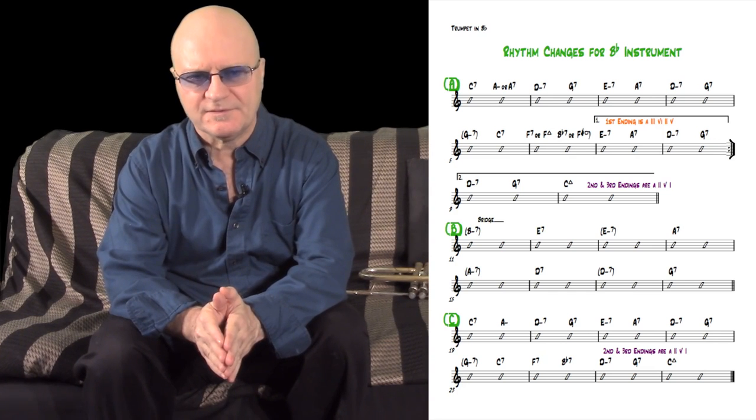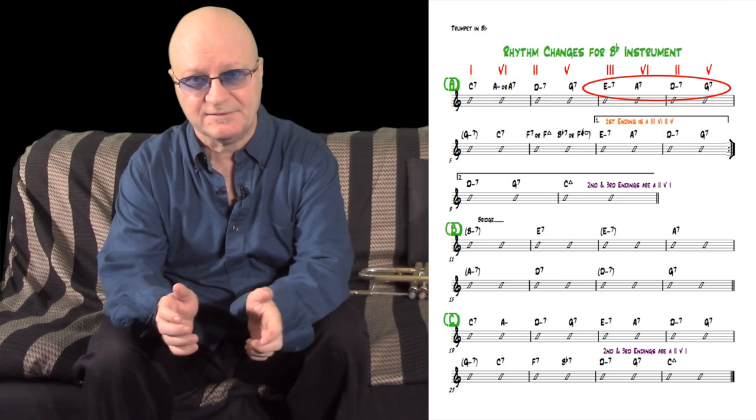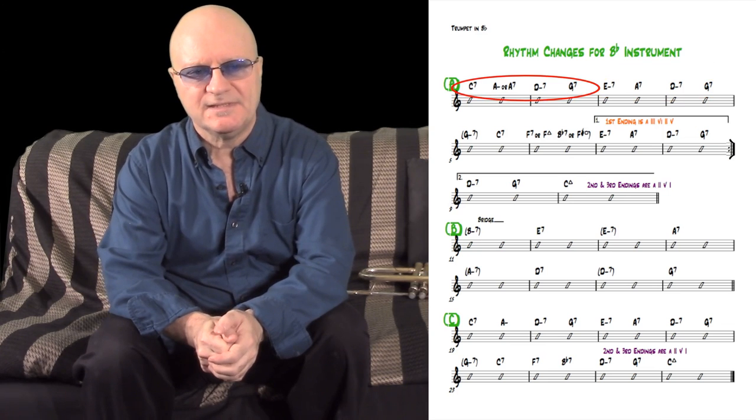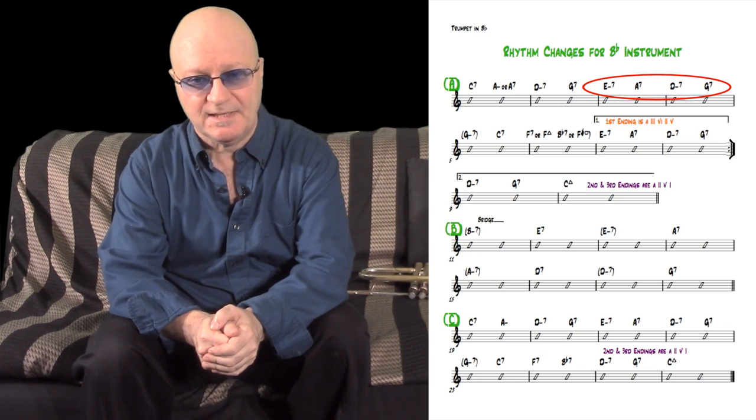Now let's look at the chord changes on my native instrument, the trumpet, a B-flat instrument. The first 4 bars of B-flat rhythm changes are 2 turnarounds. A turnaround is a chord progression of 1, 6, 2, 5, or 3, 6, 2, 5. On a B-flat instrument, that would be C major, or C7 in this case, A minor, or A dominant, D minor 7 to G7, or 1, 6, 2, 5,